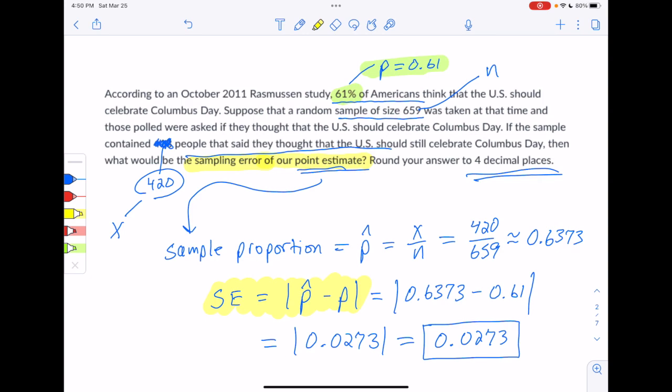There are other situations that contain the phrase sampling error, like expected sampling error or the probability of getting acceptable sampling error. And if you mix this up with those, you're going to go down the wrong road. So you have to be careful that you don't just hear sampling error and think, oh, I know what that is. There's 3 different kinds of questions we do that have the phrase sampling error. What's the sampling error of our point estimate, which is just the subtraction, expected sampling error, and probability of acceptable sampling error. Those are the 3 situations. So they all have that common phrase sampling error in common, but you need to look at the bigger context to make sure you're heading in the right direction.